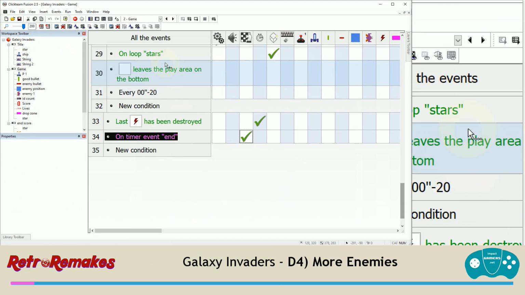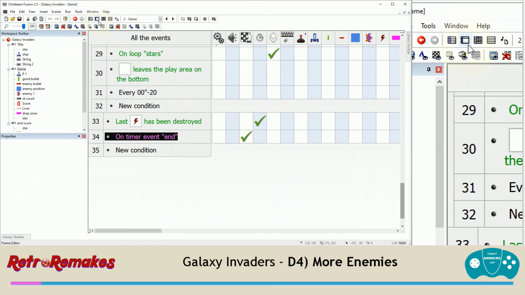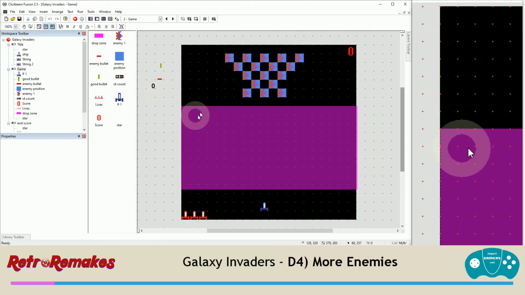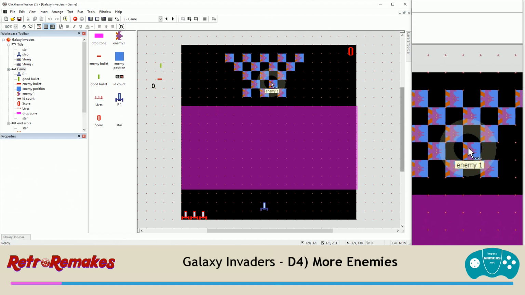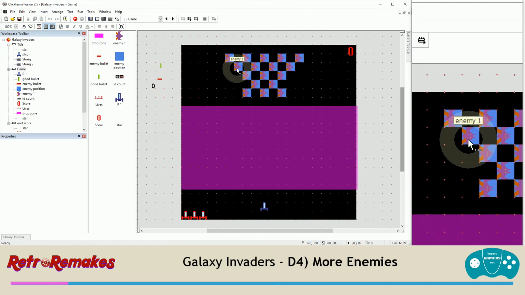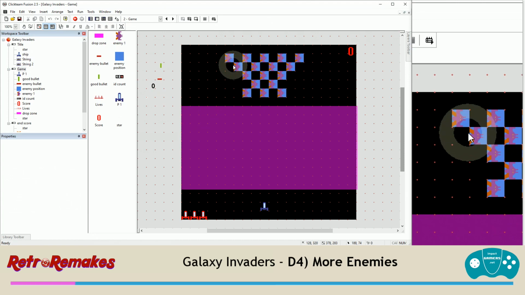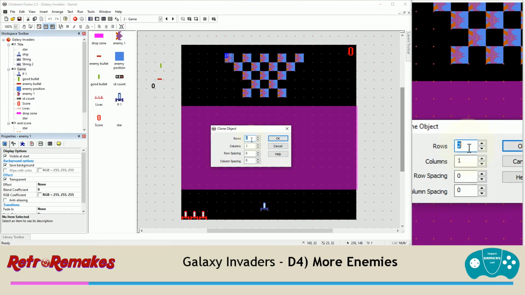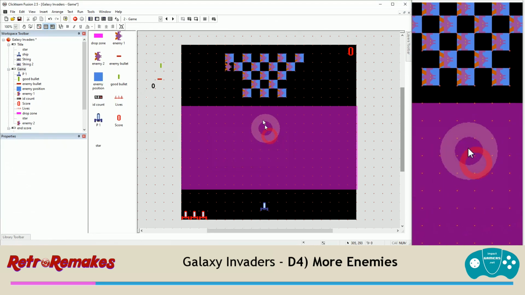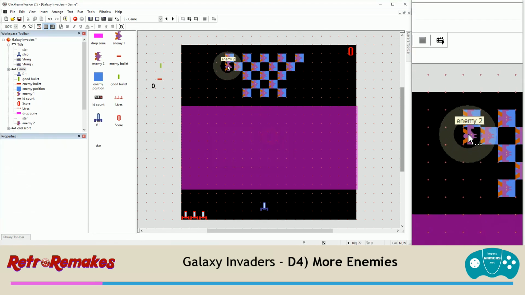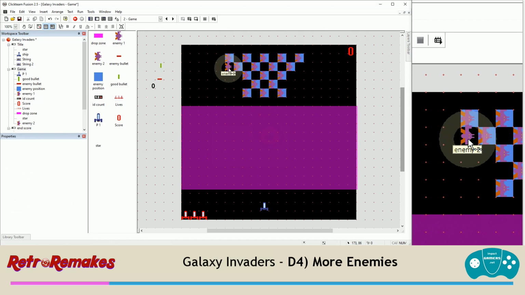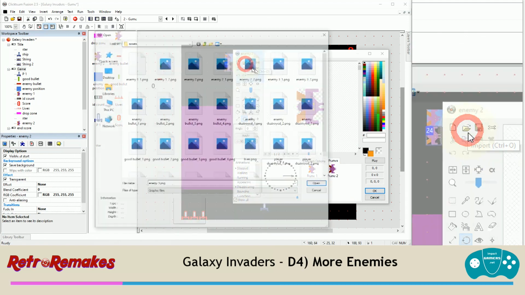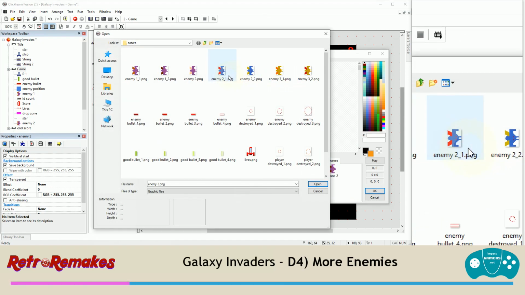Now, making sure that you're in frame 2, the game, or in your game frame, whatever number it has ended up, we can add some variations on the enemies. So what we can do is clone an enemy and then make a new version. If you right click on an enemy and choose clone and just leave the settings as 2 and 1, we can then make it look different. It's already renamed it for us, so we can edit it and load up a different enemy animation. So if this is going to be enemy 2,